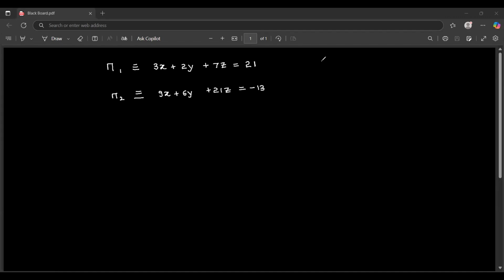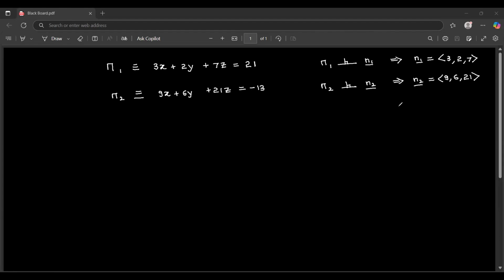Let's say phi 1 is perpendicular to n1. Then n1 can be given as 3, 2, and 7. And let's say we have phi 2, which is perpendicular to n2. So n2 can be given as 9, 6, and 21. Normally what we do is we multiply by one number and see, or